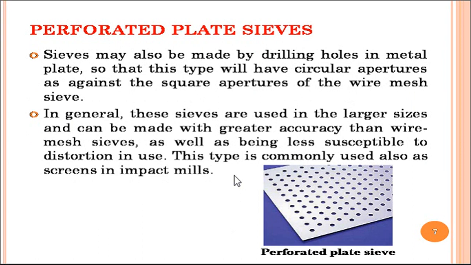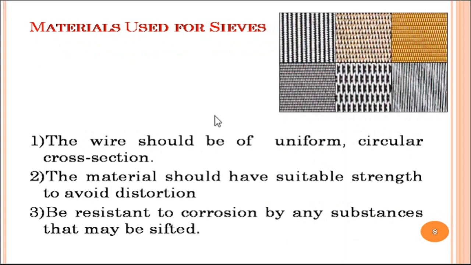There are varieties of grades of sieve which are available. Say for example, this is the stated example of the perforated plate sieve, where the perforation is given as per the size and as per the inch area of your sieve, and a specific drilling machine is used having the unique dimensional area of your hole, and that will be created with the use of suitable devices. And the kind of material we are using for the construction is again metal, making holes directly within that metal plate. So care should be taken regarding which kind of metal plate we are using for making the construction of the sieve.